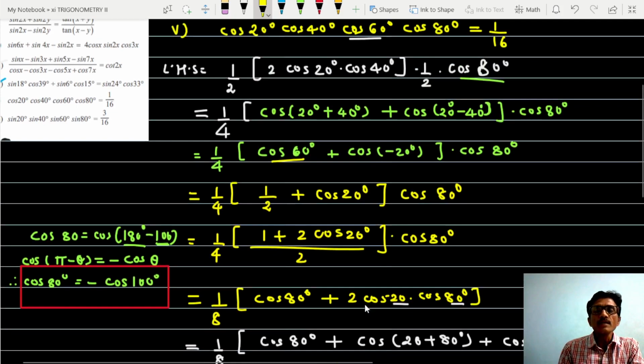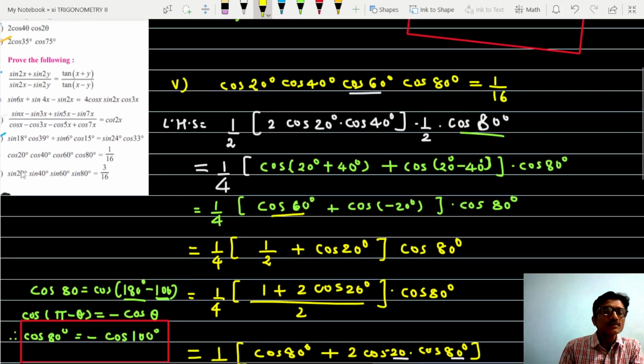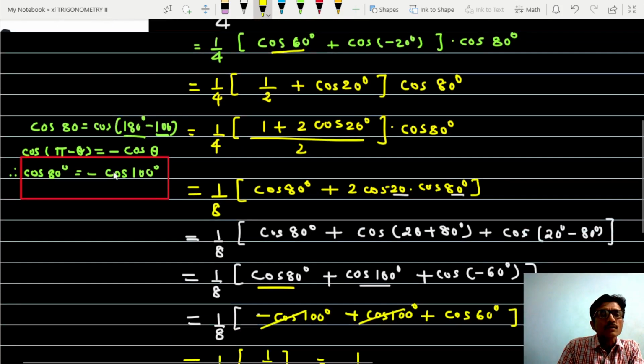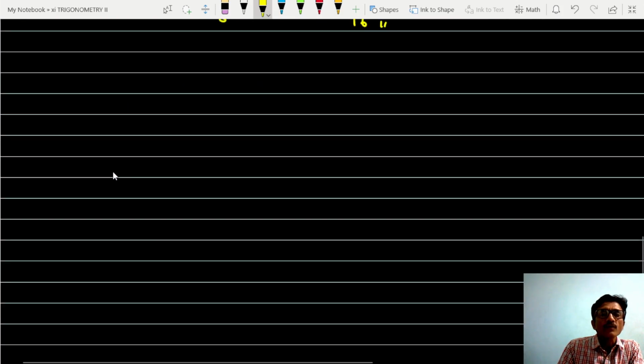Similar example is there, that is question number 6. What we want to show here is sin 20, sin 40, sin 60, sin 80 is 3/16. इसको भी हम 3 थीटा के फार्मूला से कर सकते हैं. So let's do it by using the factorization and defactorization formula. So the question is this: